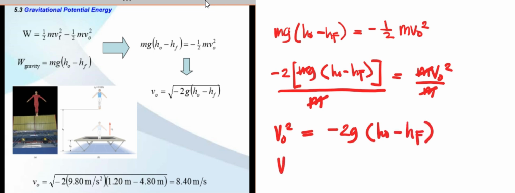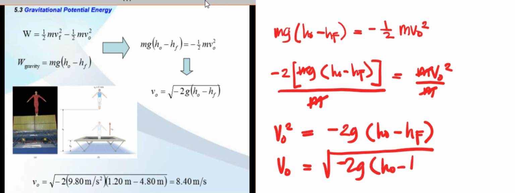So therefore v sub O, the initial velocity, is the square root of this term, negative 2g times the quantity HO minus HF. So this is now the equation for the initial velocity